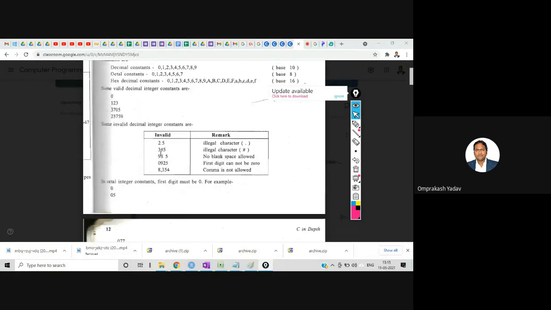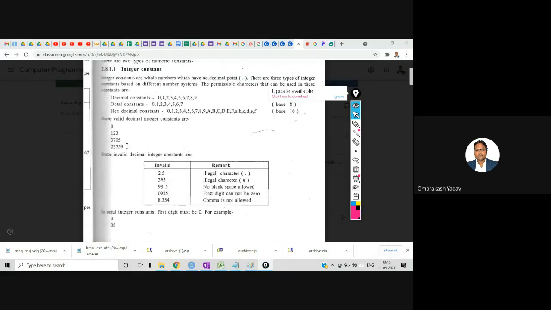And a few invalid and valid things will be there. For example, if you see here the integer constant 2.5, it's not a valid integer constant, because there is a point value in between and it's a fractional value. 3 hash 5 is also illegal because in between there is a special character, the hash sign.